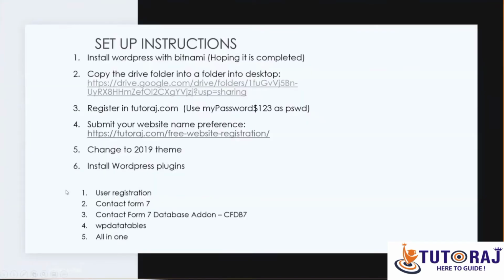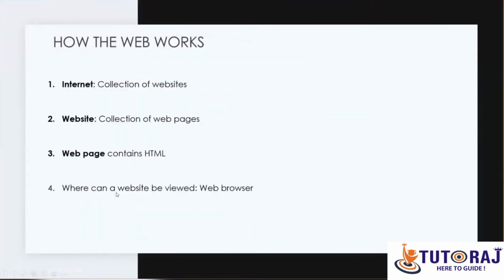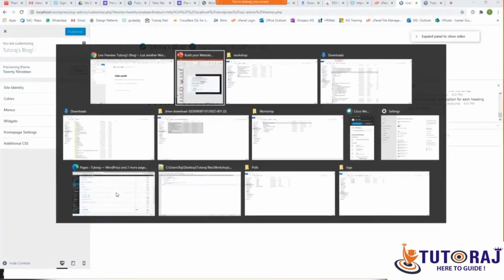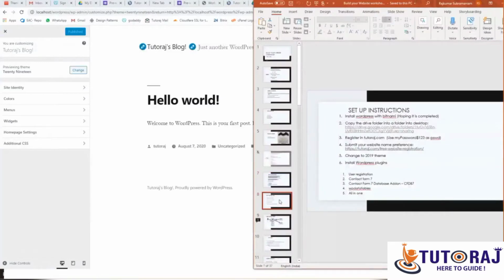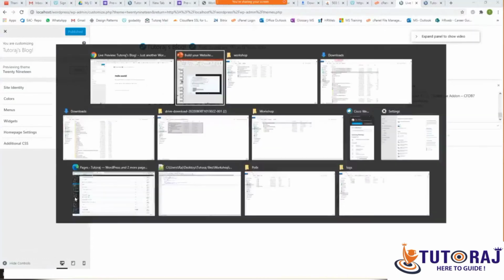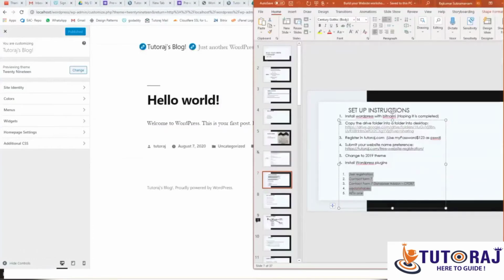We can get more into the next step. The next step is to follow and install a few plugins. Let me ping you the required plugins. There are 5 specific plugins. I'll ping all the 5 names. All you will have to do is to follow what I do here. Let me just copy the first one.